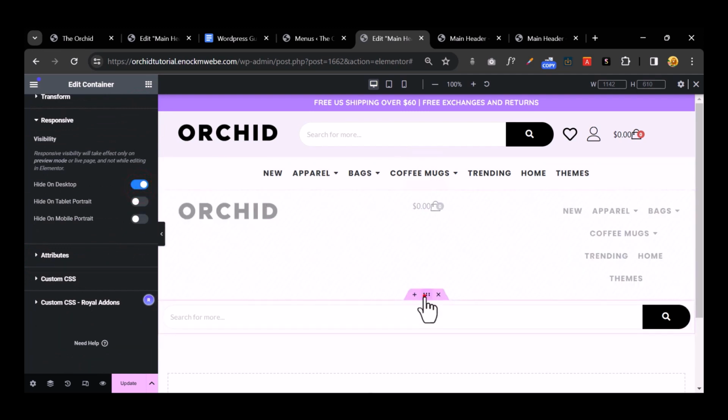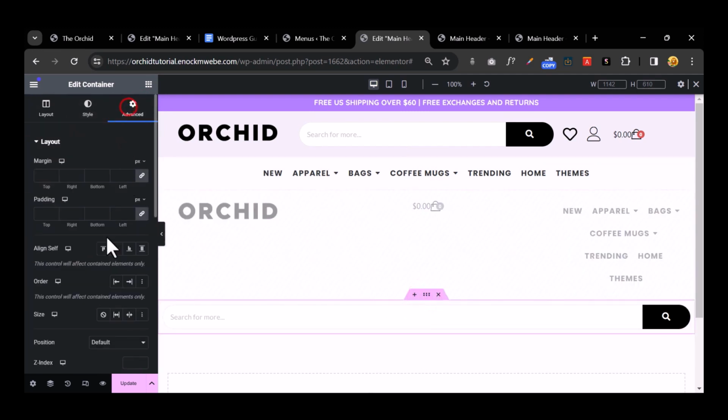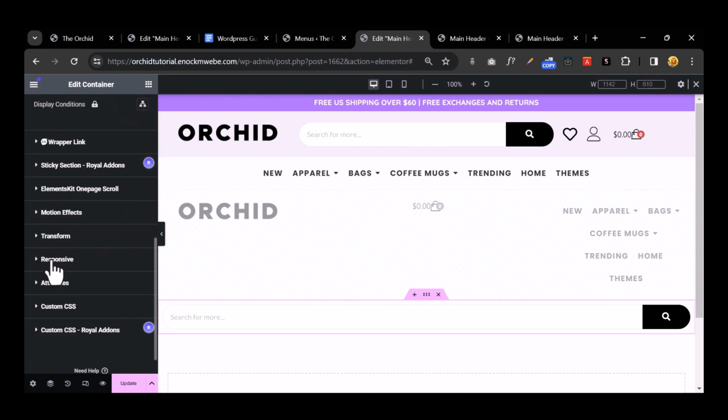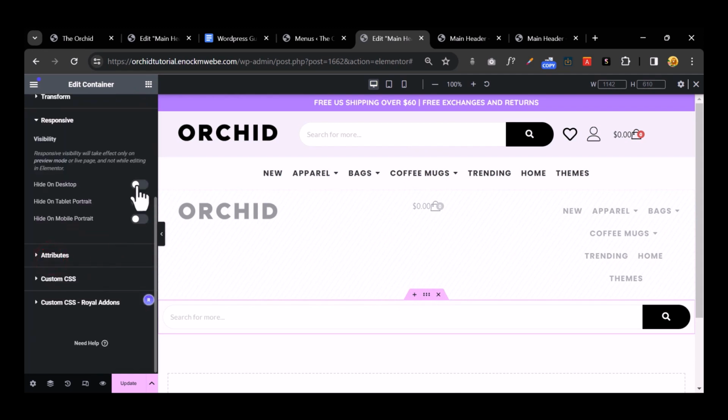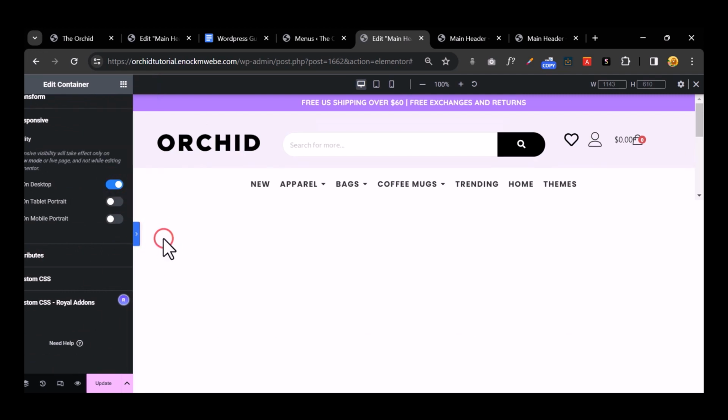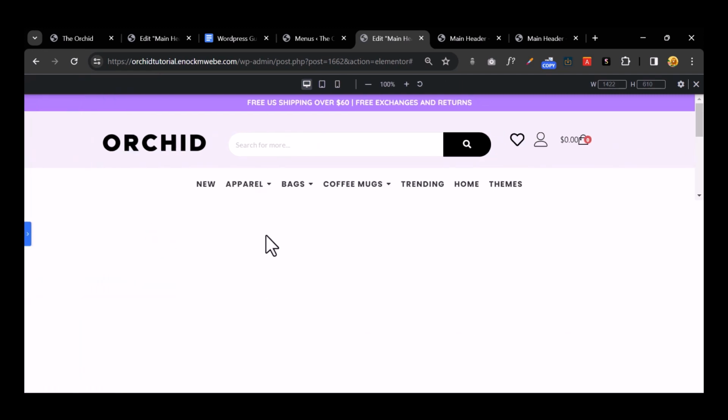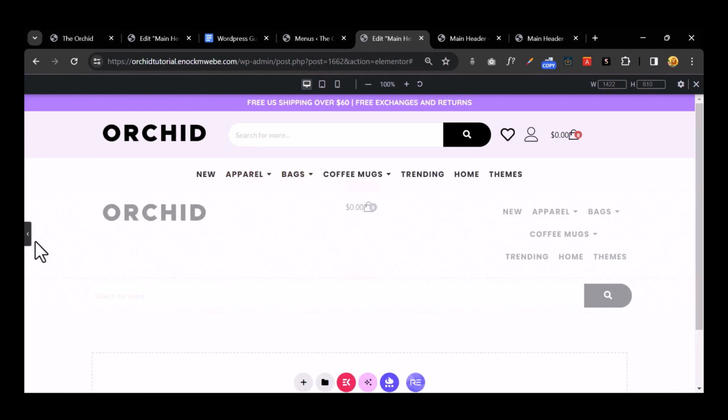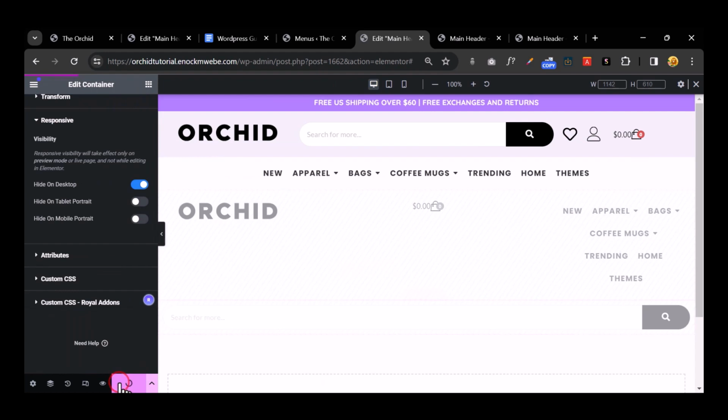And still hide this second search form on desktop. Okay. Go to advanced under responsiveness, hide on desktop. Okay. Then you take this away, everything looks nice. Cool, isn't it? Okay. So now what we're gonna do is click update